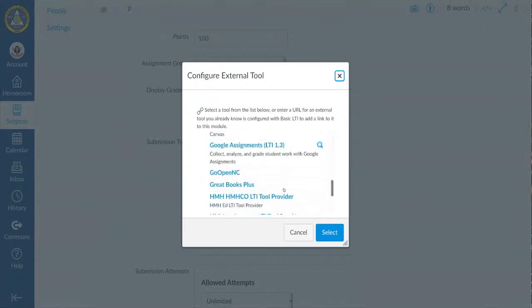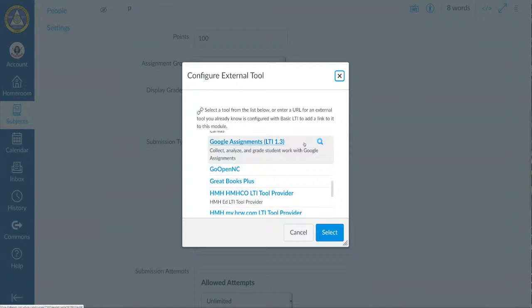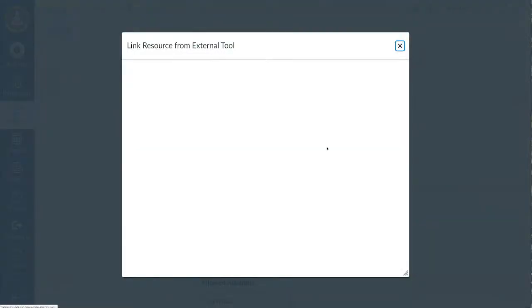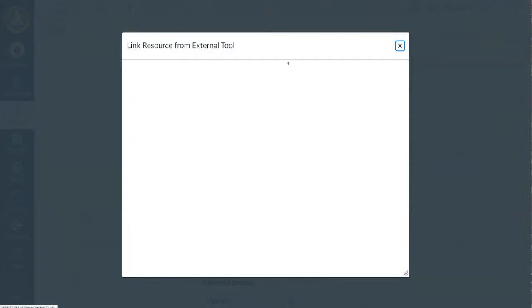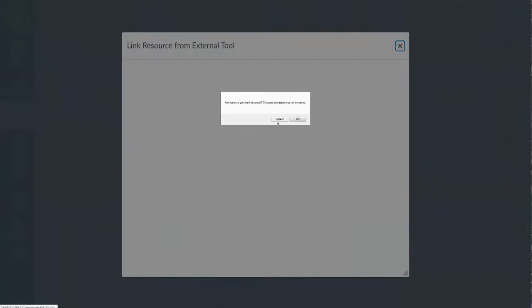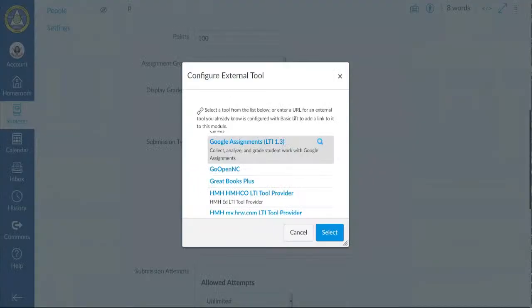When we select our Find button, underneath there, you are going to look for Google Assignments LTI. And this will become a friend of yours, with having all of your links from your Google Classroom. So as we scroll down and we search for it, we select it. Once we click select,